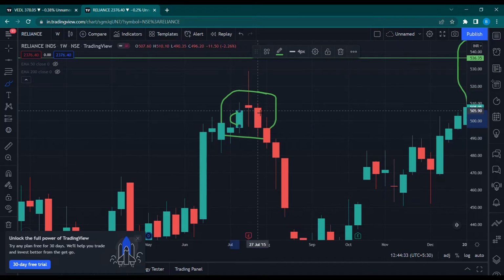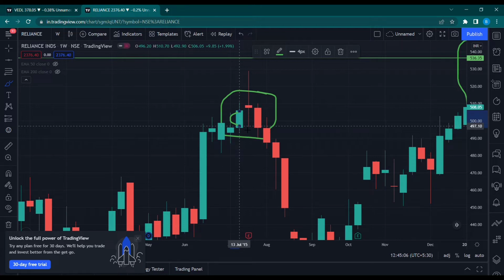We have a doji candlestick pattern. So this is called a doji. The doji candlestick pattern has a very small body and relatively larger wicks on each side. Do not get into the technical terms. This basically just means that there is some indecision in the market. So a doji is just like a range, right? A doji tells you that the prices don't have a direction. It indicates indecision in the market.